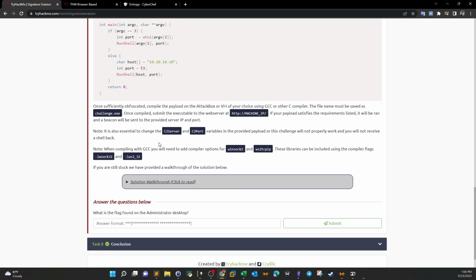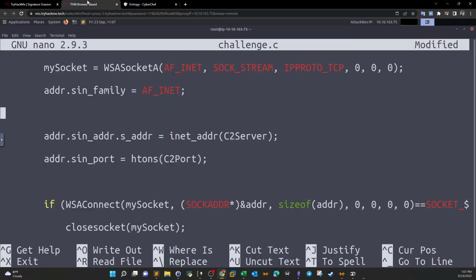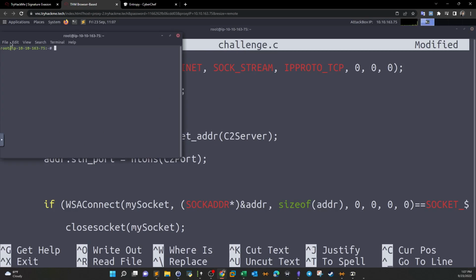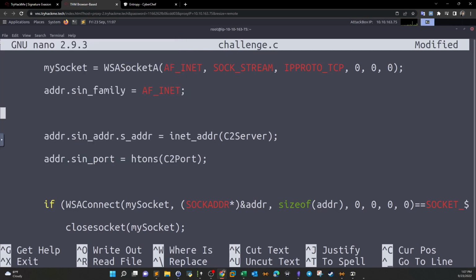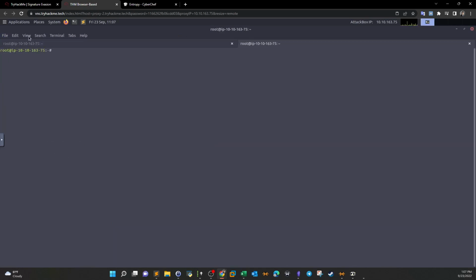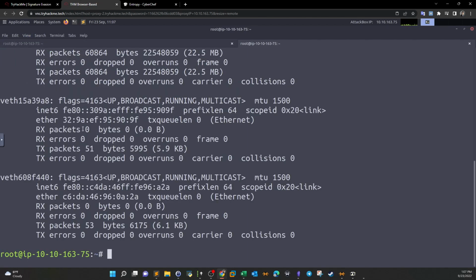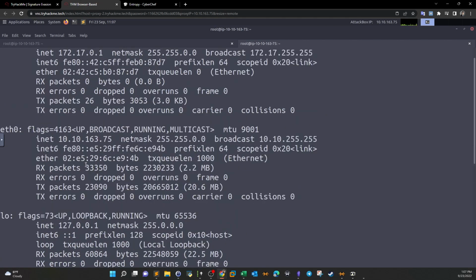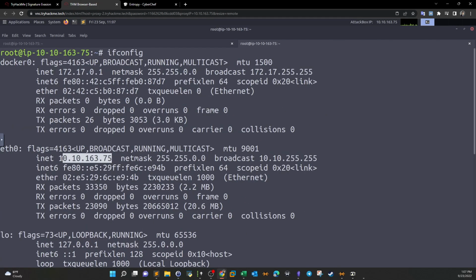After we apply the obfuscation techniques, we're gonna upload the code to the machine IP address, the web server here, and we should receive a connection on the attacker machine. So in a separate tab, let's open another tab. Ifconfig. So this is the IP address of the machine. Let's take the IP,